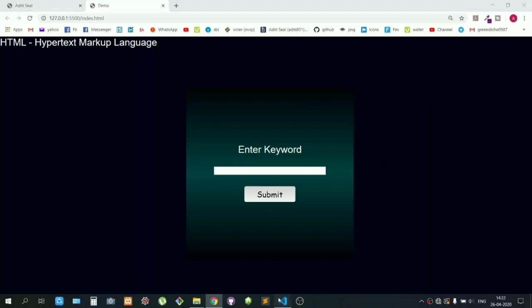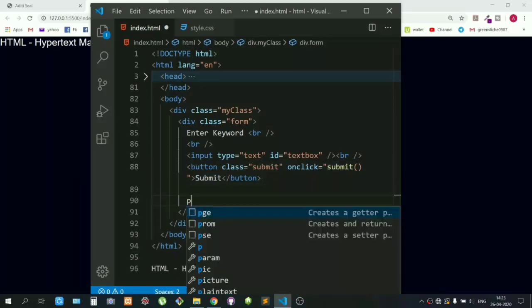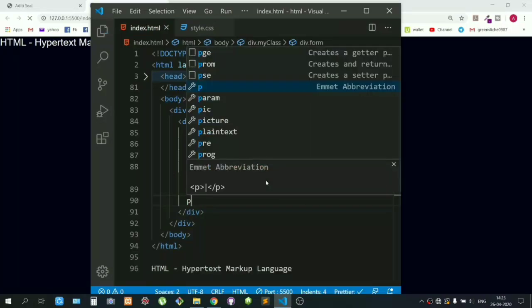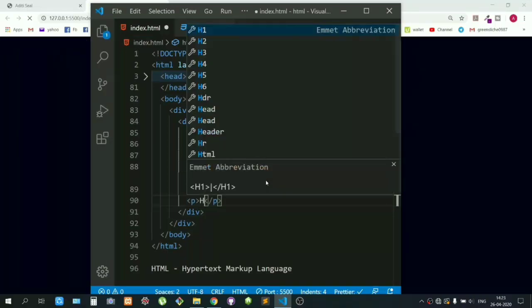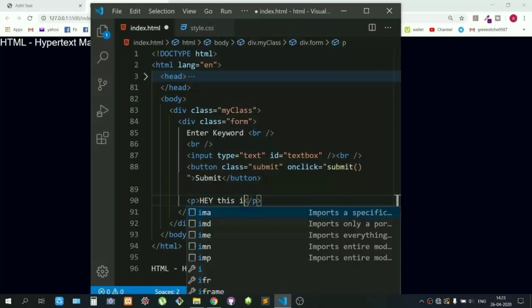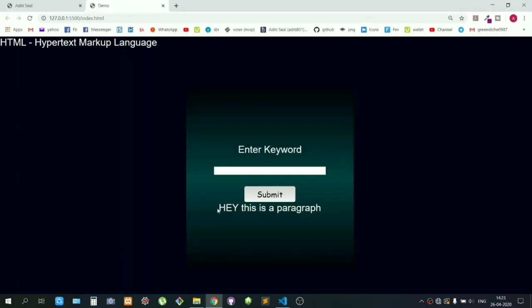Suppose I write a text inside this button, it will show this text in the form of a button. But suppose P is also a tag. If I write P and something over here like, hey, this is a paragraph, and save, you will see it shows like this, a plain text with no button sign.